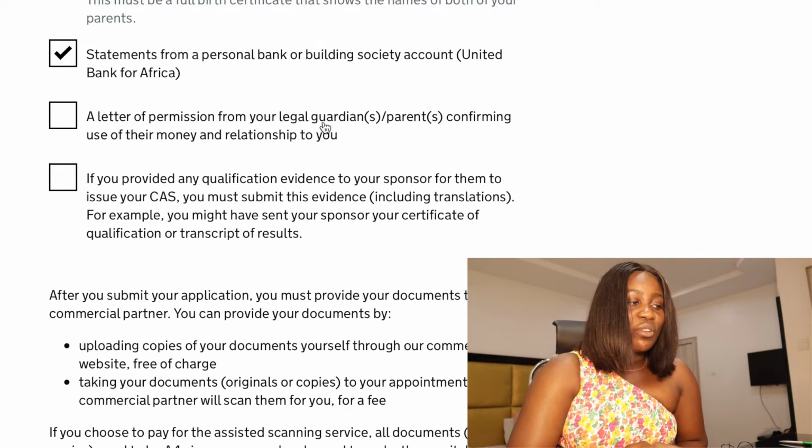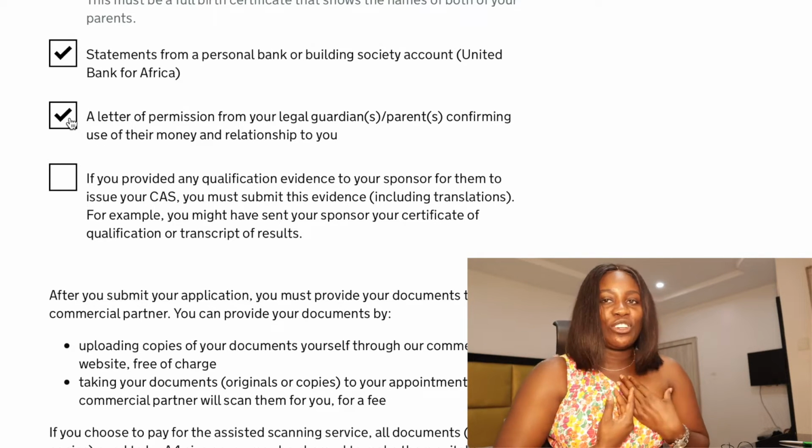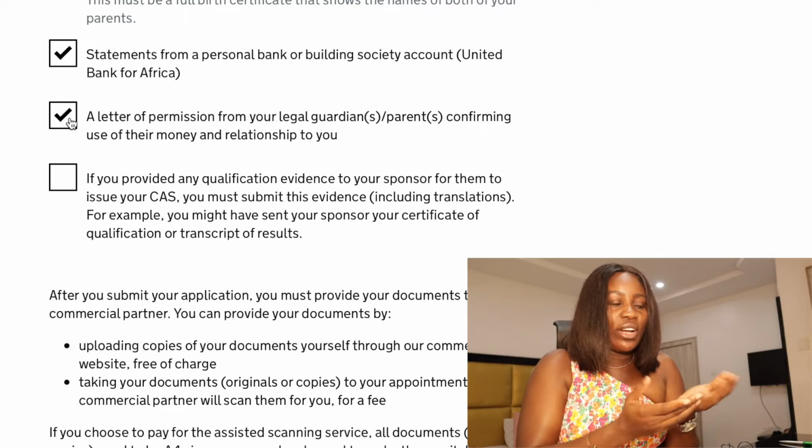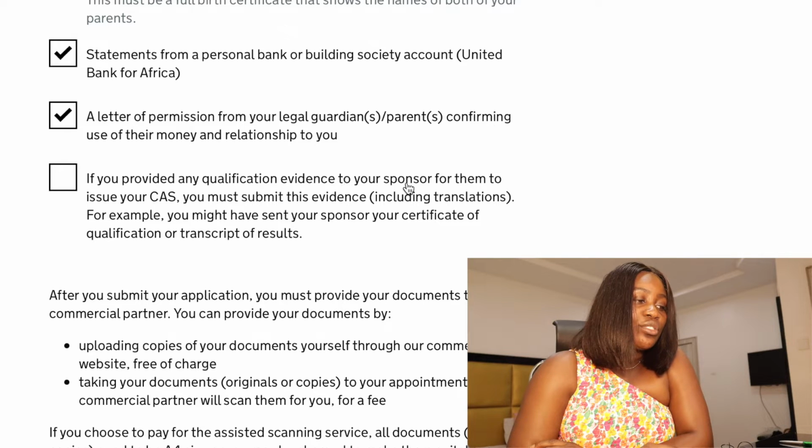A letter of permission from your legal guardian parents confirming use of their money. I told you guys, if I had said I was going to use my personal account, they will probably not ask me to provide all these documents. If you provided any qualification evidence to your sponsor for them to issue your cards, you must